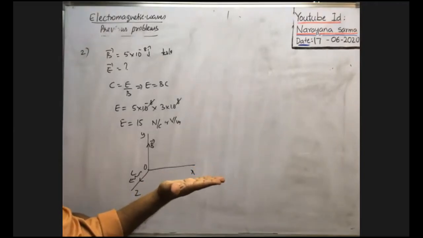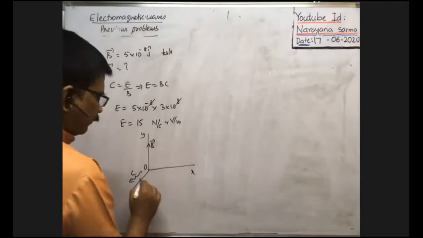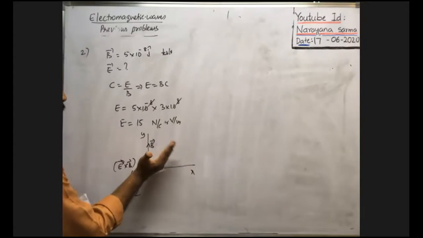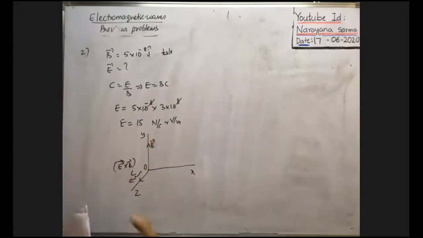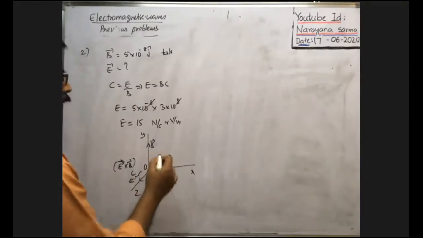You see, along the direction of propagation of the wave, you keep the thumb. The direction of propagation of the wave is always along E bar cross B bar, no? So first E bar. Suppose E bar is in this direction, when you curl the fingers towards B bar, the thumb points outwards, that means along the positive axis. That is the answer. That's why definitely the electric field is along this direction, along the x-axis.